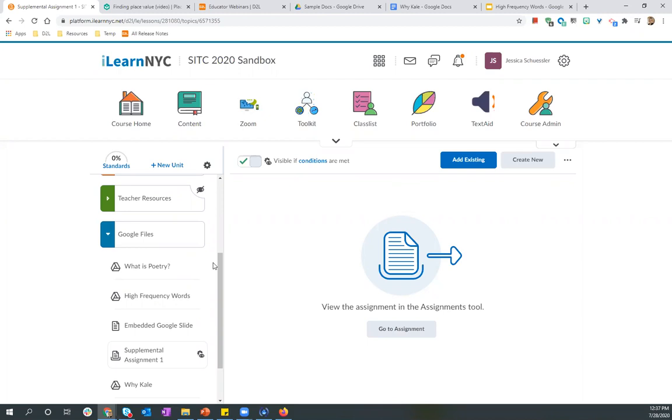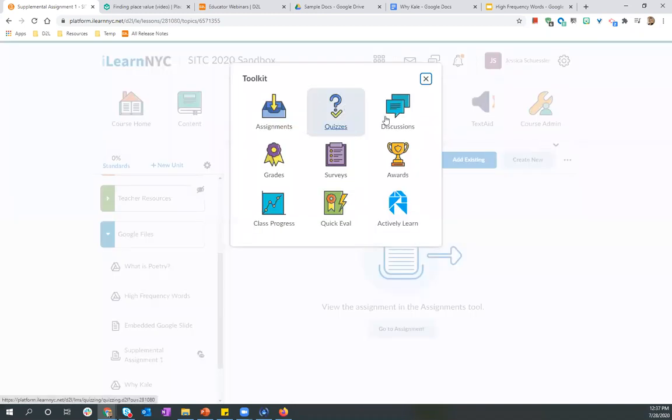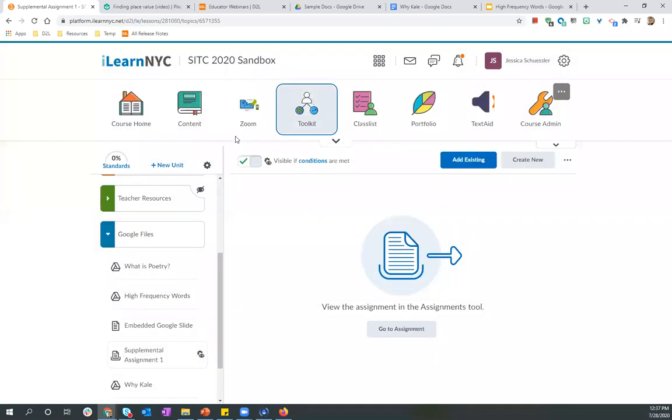I know some teachers will absolutely make an announcement or an activity feed post about what they should be doing that day, and you shouldn't stop doing that. That's excellent, but a good way to make it easy for students to be navigating within content is to put it in the order that you want them to be completing those items. And like I said, you can do that just through that drag and drop, and making sure if you're creating quizzes, assignments, discussions in the iLearnNYC platform, make sure that you add them to content,